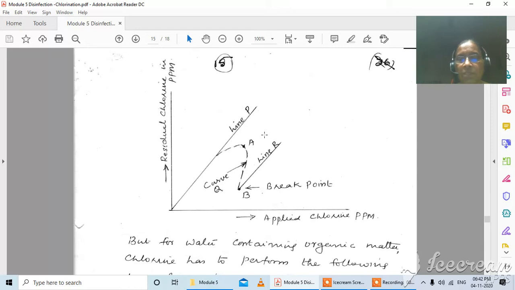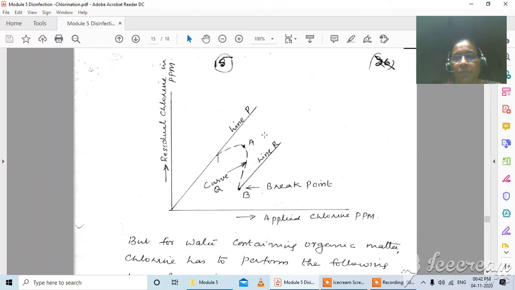So that point shows that there is a further increase in residual chlorine concentration, and when it reaches the adequate residual chlorine, say 0.5 ppm or 0.8 ppm or say 0.2 ppm, then you can stop the addition of chlorine, or we can control the further dose. So that is the breakpoint chlorination.